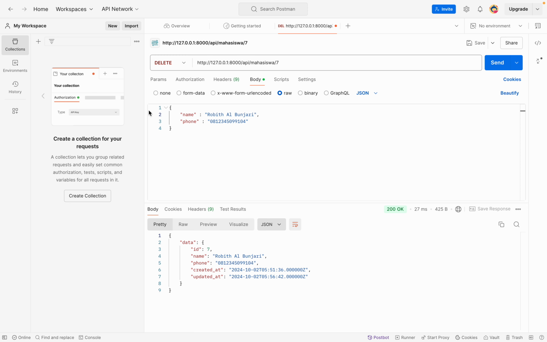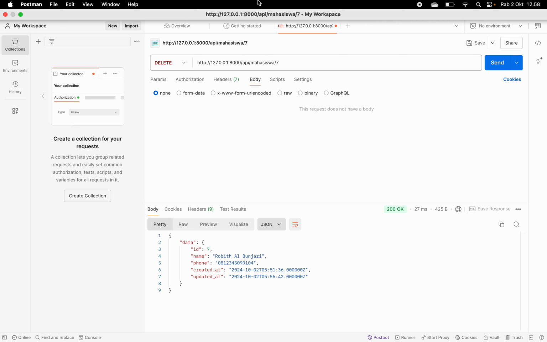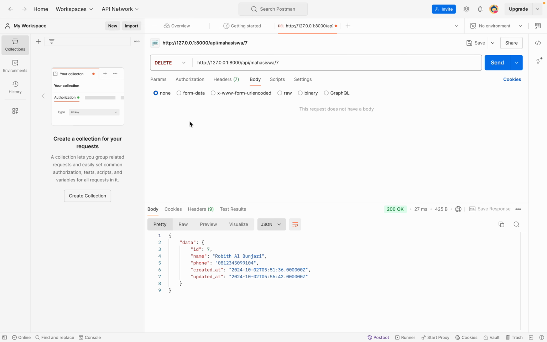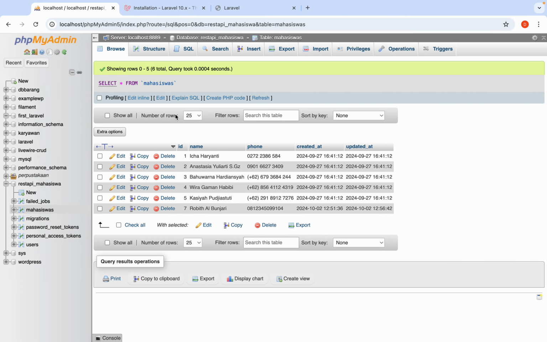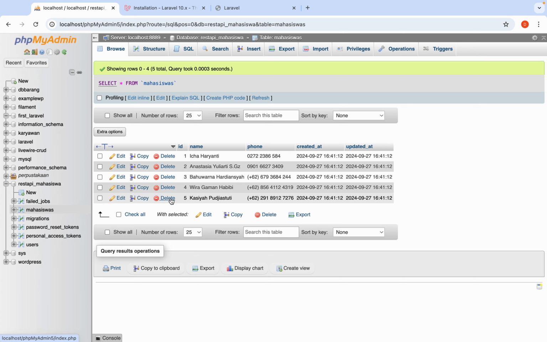Data 7 is Robit Al Bunjari, and I choose none, then I will send. Message data berhasil dihapus, and then we will see in the localhost, and you can see the data is deleted by me.